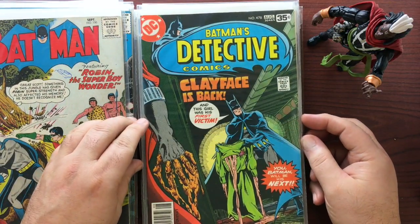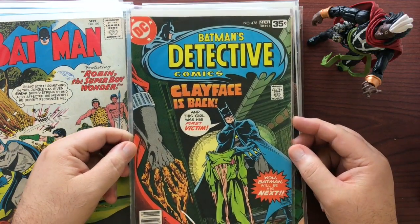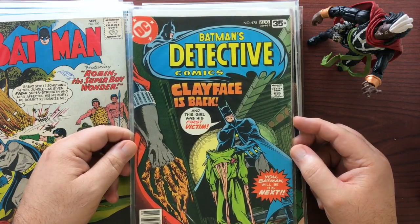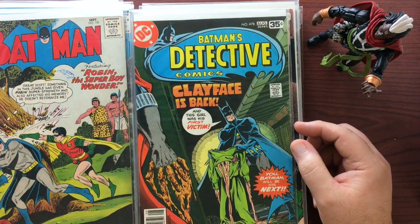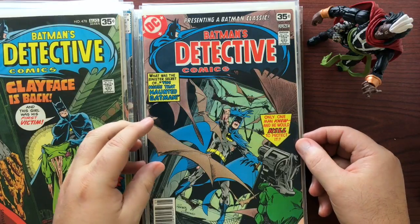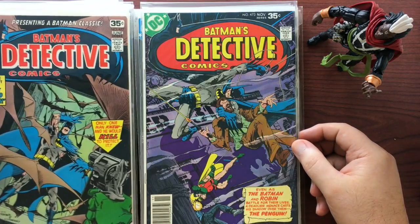Ooh, nice. This is from the classic Englehart Marshall Rogers run with the return of Clayface. And this is really in my golden age. Yeah, I'm probably only about 10 years old when this came out, but boy, I dug me some Batman at this point. And here's number 477,